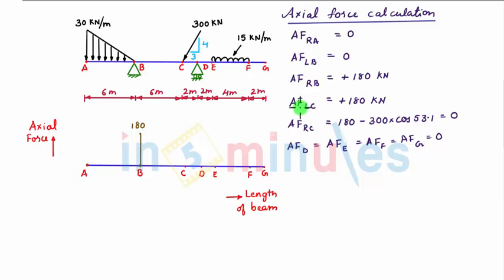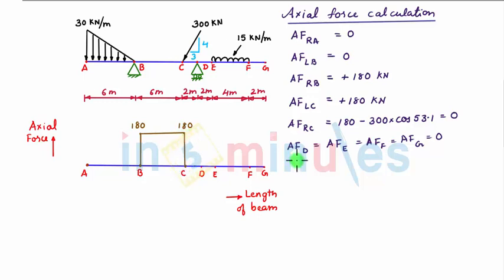Next, the axial force towards the left of C is plus 180 kilonewton. So at point C we plot plus 180 kilonewton force. So we see that between points B and C the axial force remains constant. So let us connect these 2 points with a horizontal line. Now the axial force towards the right of C is 0 kilonewton. So let us plot 0 force at point C and let us connect these 2 points by a vertical line.